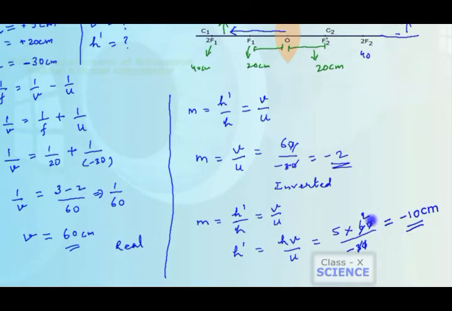Now you see we have got magnification as minus 2, which indicates that the size of the image will be double the size of the object. 2 indicates twice the size of the object. So from the height of the image also it is clear, right? Twice the height of the object, 5 into 2, that is 10. So that is what we have got. The minus sign indicates that the image is formed below the principal axis.